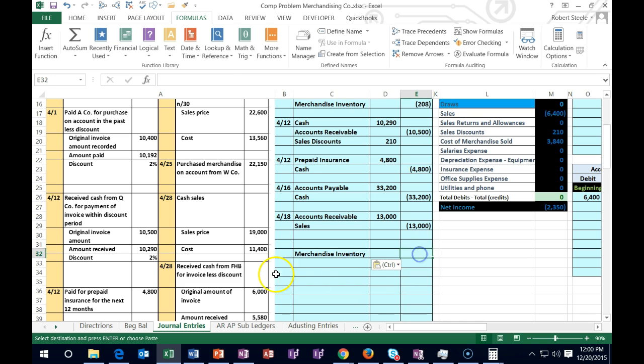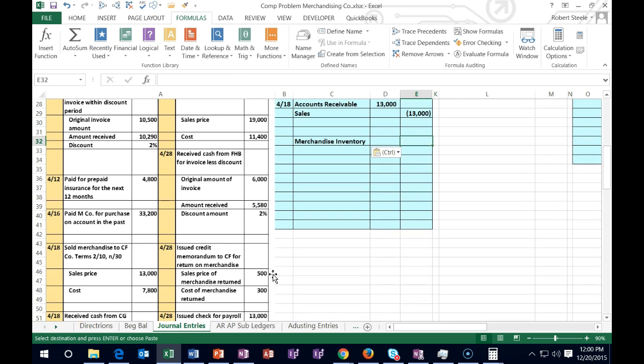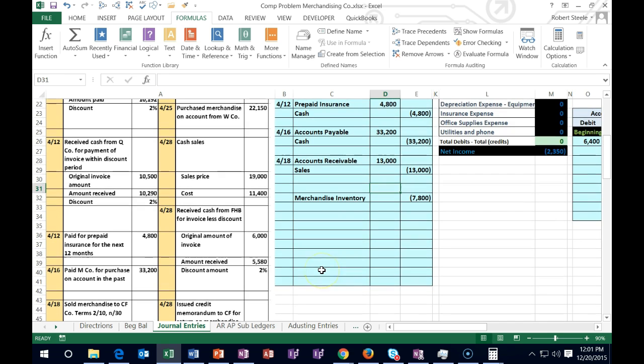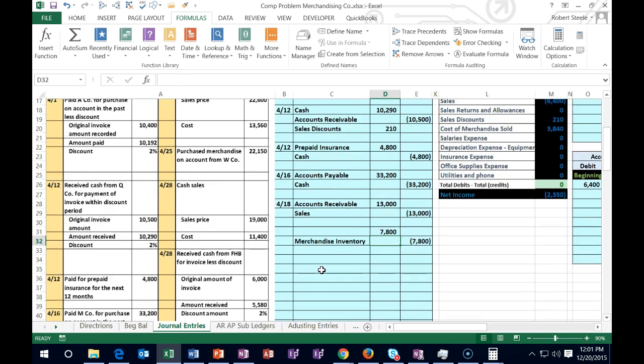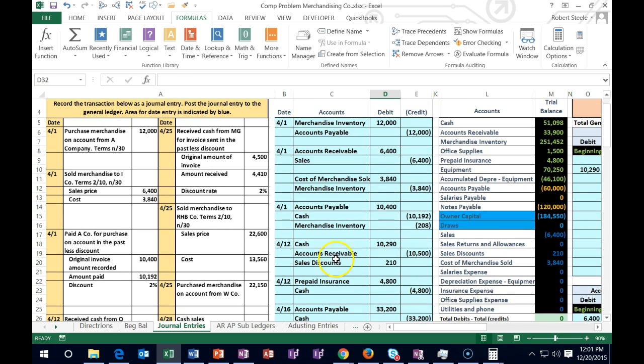And the credit amount is not going to be for the sales price. It's going to be for the cost, $7,800. We're going to have a debit related to that amount of $7,800. And the question is, what will that debit be? This is going to be a new account for a merchandising company. The account that